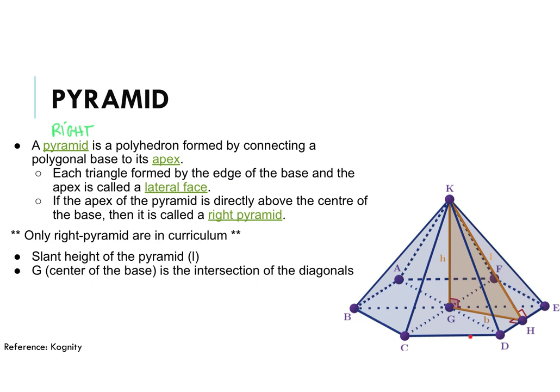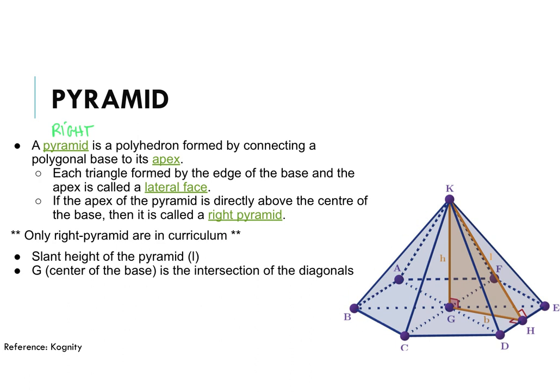Interesting things about pyramids, we have to consider the lateral face. So if we look at a pyramid, each face of the pyramid creates a triangle. So you have one base that can be whatever shape it wants. It can be a square, it can be a hexagon, any shape you want at the base, but then all the other faces are identical triangles. And these identical triangles, we can look at